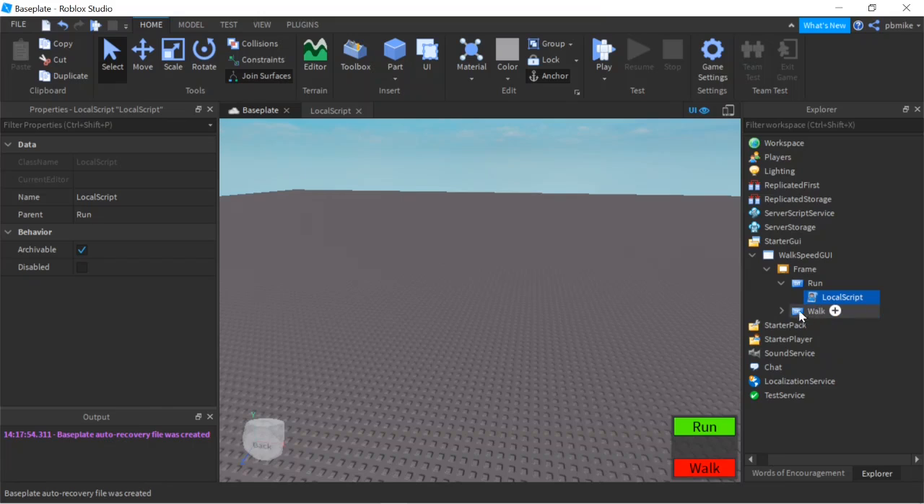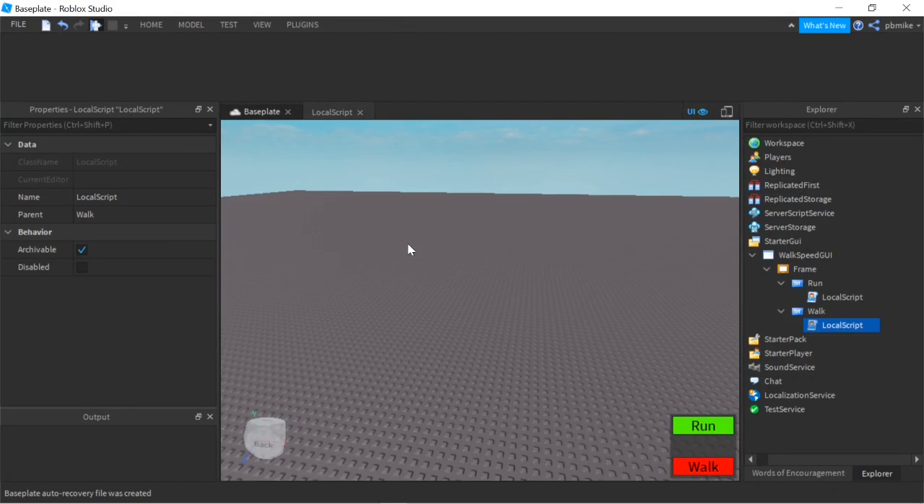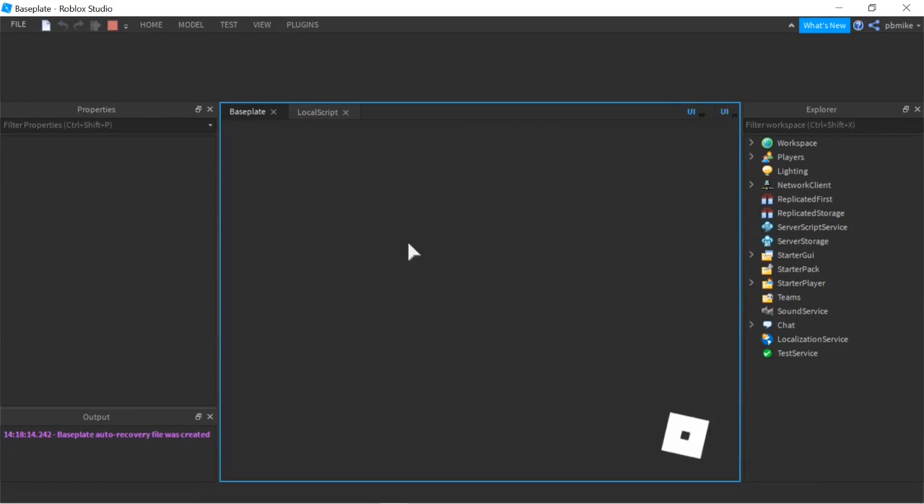So now we have the local script of this. We can open that local script up, and instead of 39.97, we can put like 12.95. So now that we have that, if we click on play, let's see,